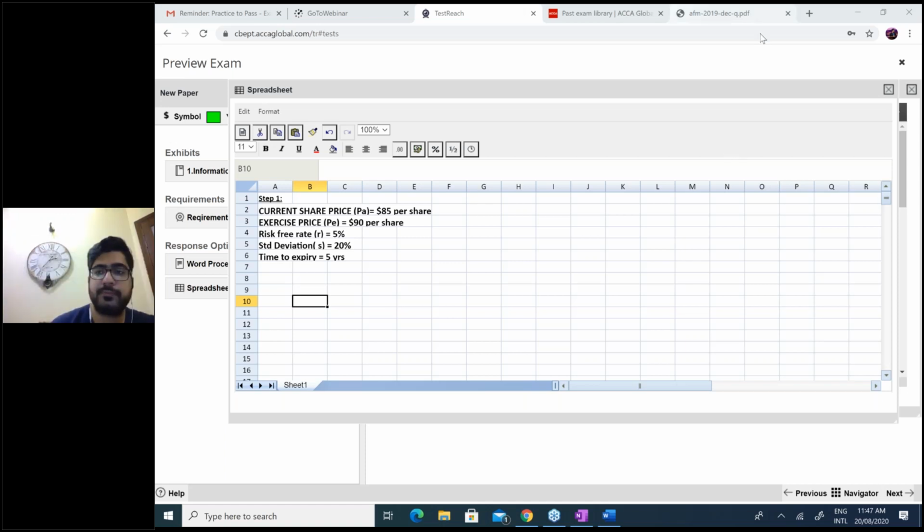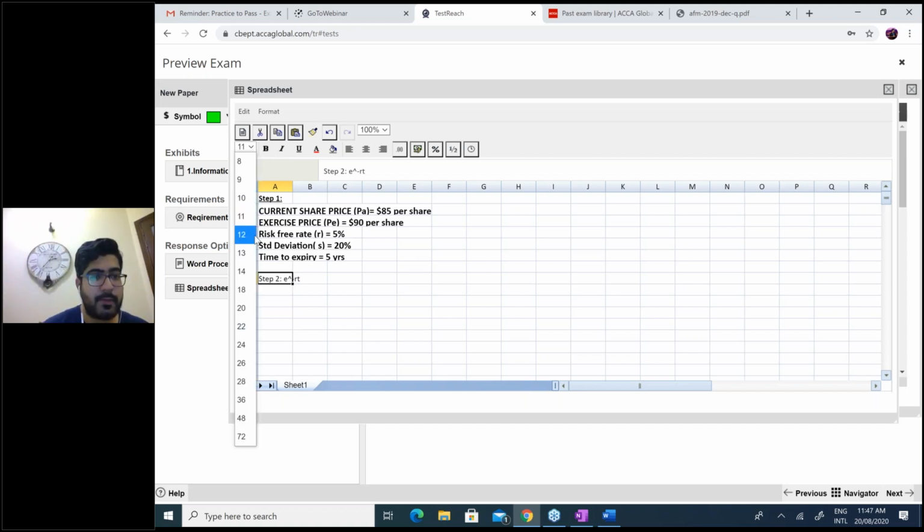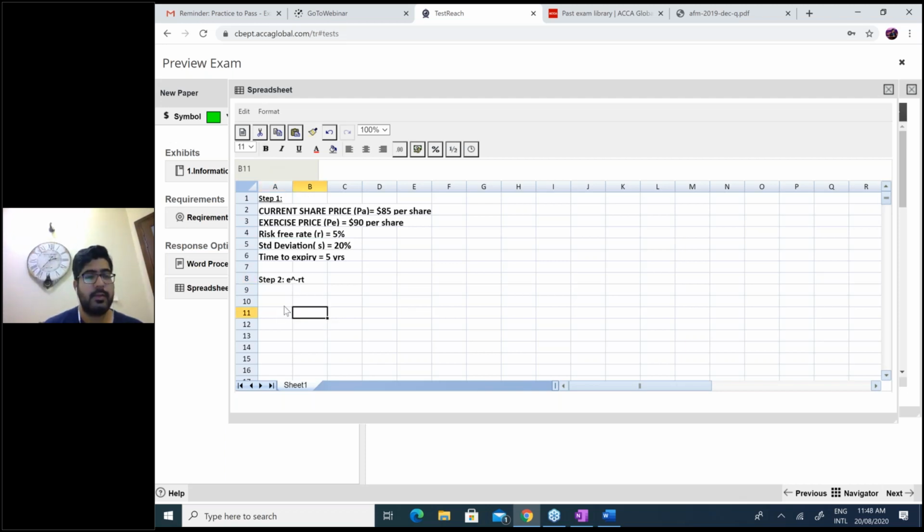Exercise price is given. 5 years. Okay. Now step 2 states you need to find e power minus RT. You know, in Excel we use the power sign. Okay, so exponential value